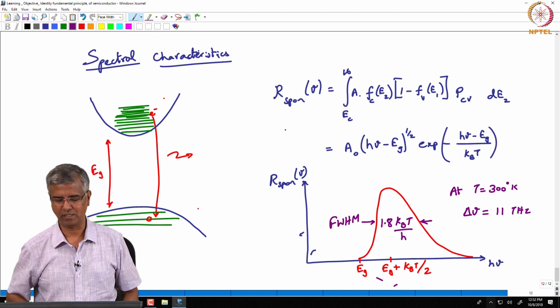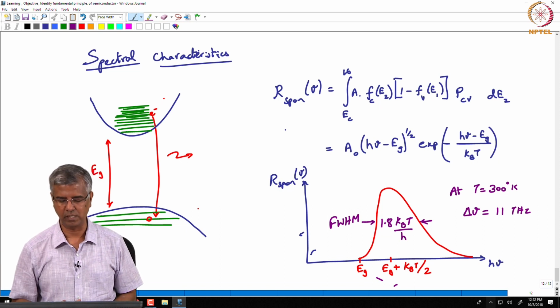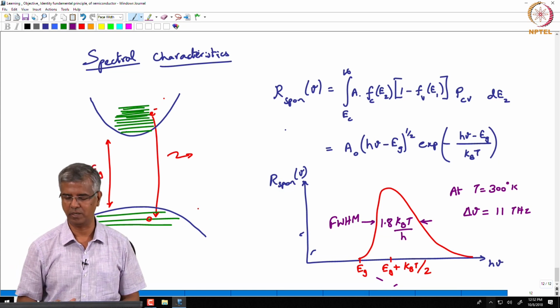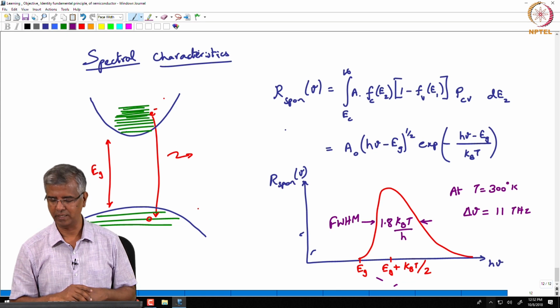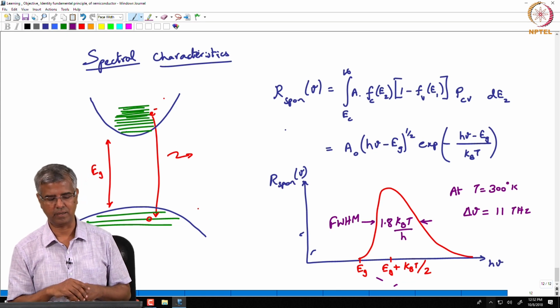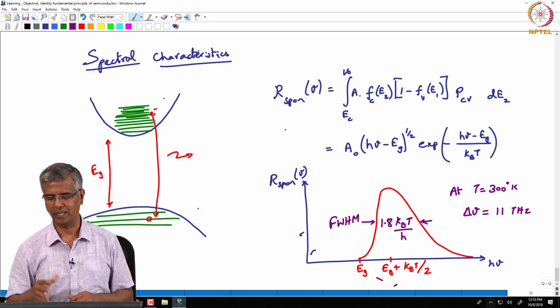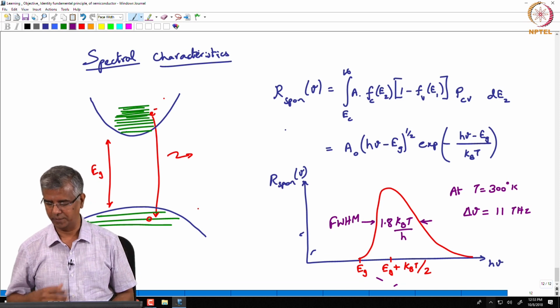Okay, so let's stop at this point. What we will do next is look at similar characteristics for semiconductor diode lasers, but knowing all the laser characteristics that we already discussed in radar systems, I'm not expecting to spend a lot of time on that, and then we'll go on to semiconductor light detectors. Okay, thank you.